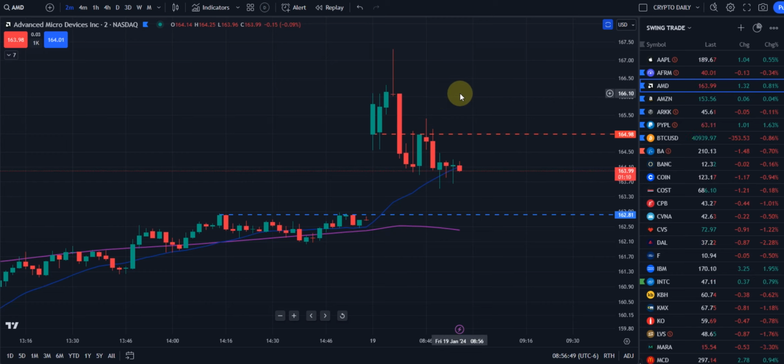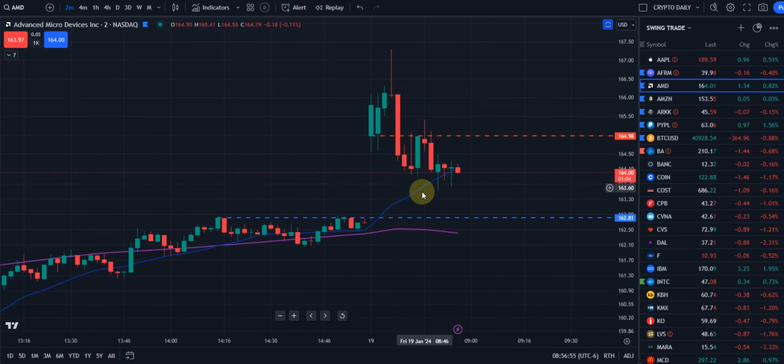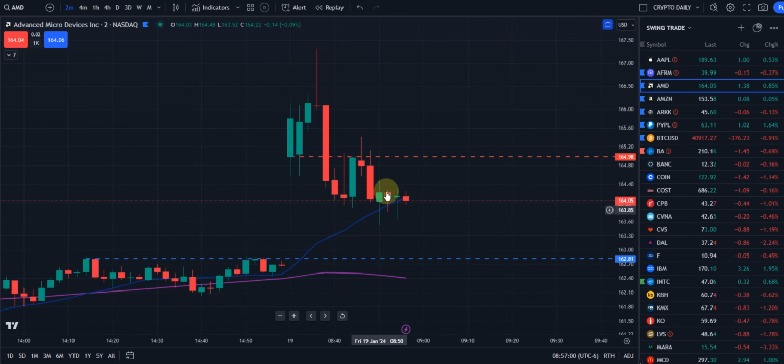Here's the second video on AMD, Advanced Micro Devices. 2-minute chart, every candle is 2 minutes of price action. Price finally caught up with the 20, but it's been dancing around it. We haven't had any follow through to the upside. The last one, two, three, going on 4 candles have closed above the 20, even though you came down under it. So we're going to see if we get a candle